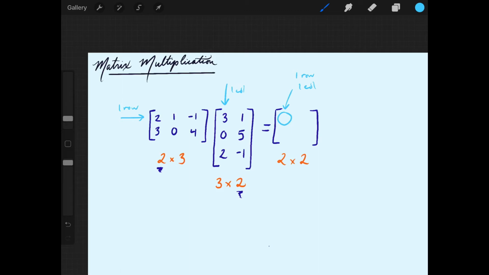What are we going to do with these things? Well, we're going to take the first row and we're sort of going to multiply it by that first column that I highlighted. Here's how that multiplication process works. I'm going to take the first thing in the row and multiply it by the first thing in the column. So my scratch work down below is going to look like 2 times 3. Now I'm going to move to the next object. So the next number in the first row is a 1, and the next number in the first column is a 0. So now I have to do 1 times 0, and I'm going to be adding up all these